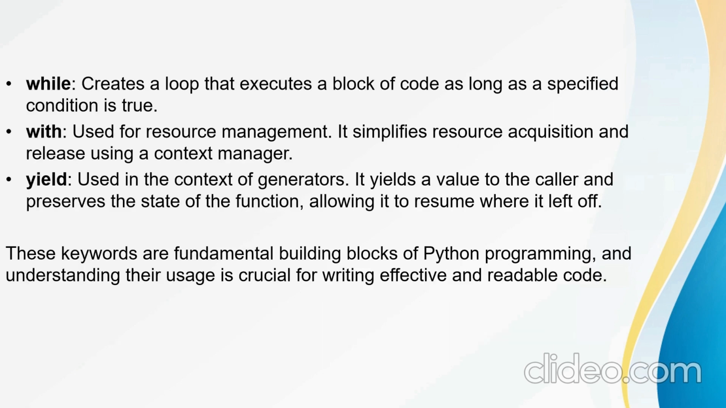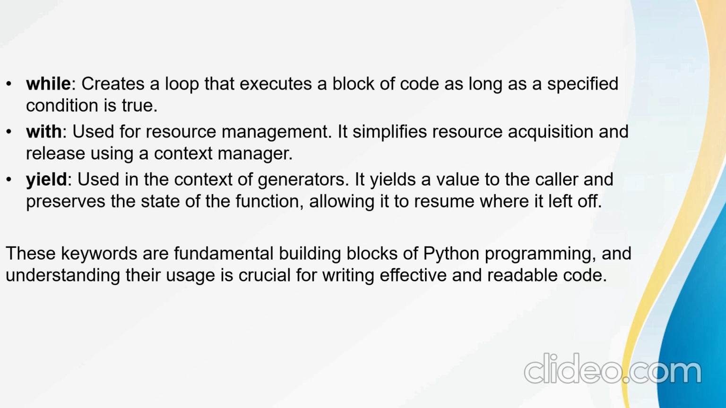While: creates a loop that executes a block of code as long as a specified condition is true. With keyword: use it for resource management. It simplifies resource acquisition and release using a context manager. Yield: used in the context of generators. It yields a value to the caller and preserves the state of the function, allowing it to resume where it left off. These keywords are fundamental building blocks of Python programming, and understanding their usage is crucial for writing effective